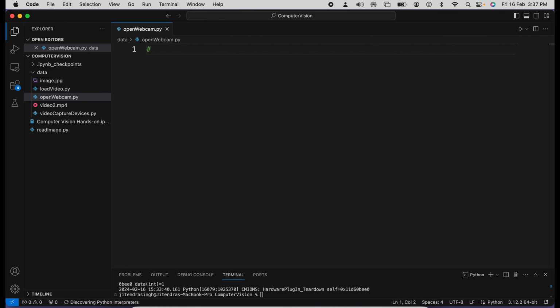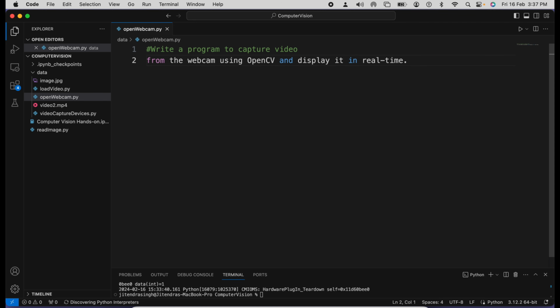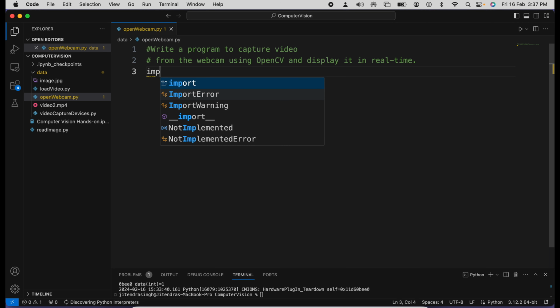Let me change from here. So this is our program: write a program to capture video from webcam using OpenCV and display it in real time. So we will see it in real time. Fine. The very first line of code is that we have to import